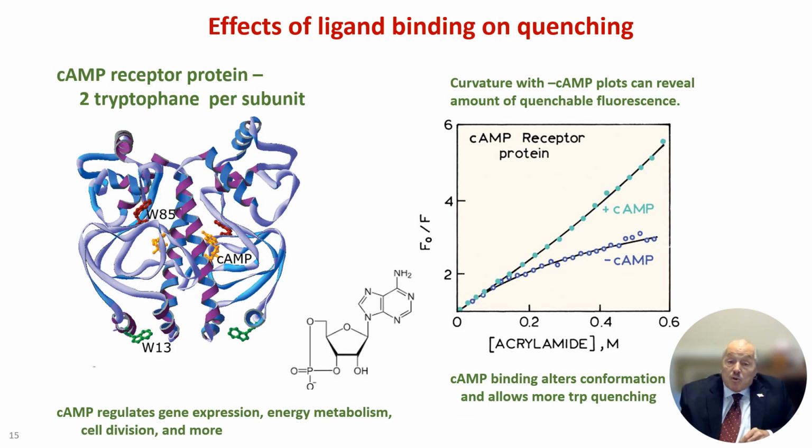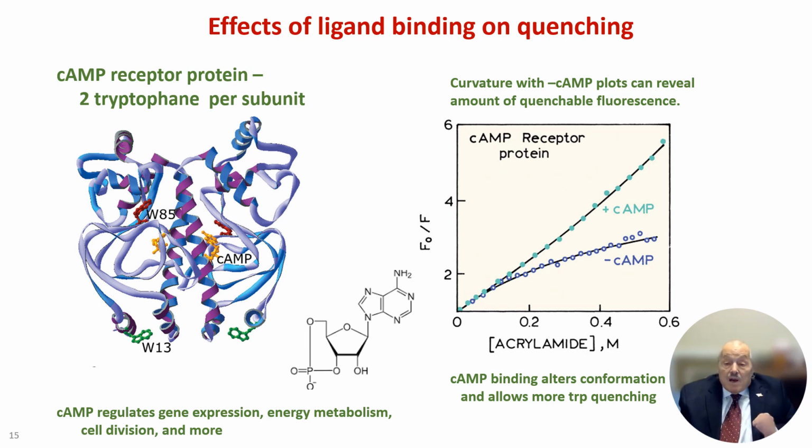So let's take an example of this. And this is almost a counterintuitive example, because what you expect if a ligand is binding to a protein, you expect the whole system to become more rigid in some way. Well, anyway, this is the cyclic AMP receptor from some microorganism, I believe, has 2 tryptophans per subunit. This protein affects a lot of things in cells: gene expression, the use of energy, cell division. So it's a pretty central